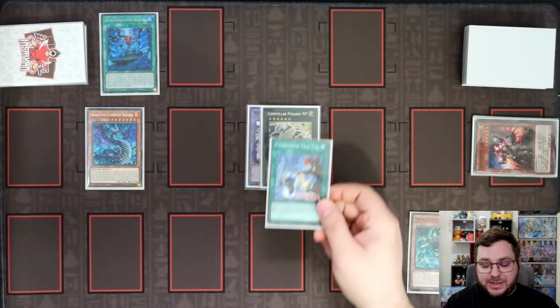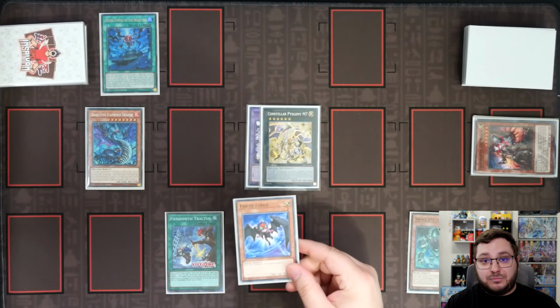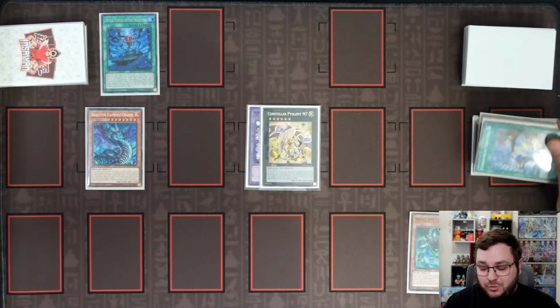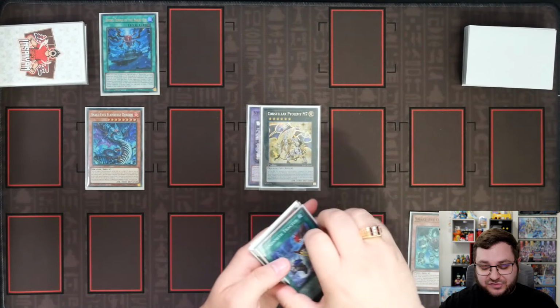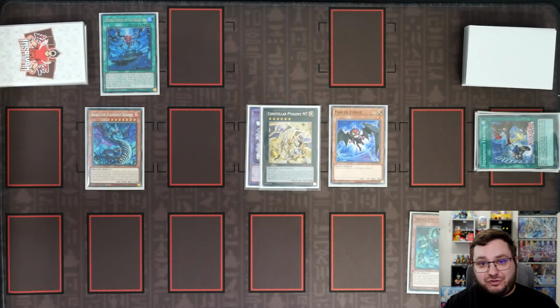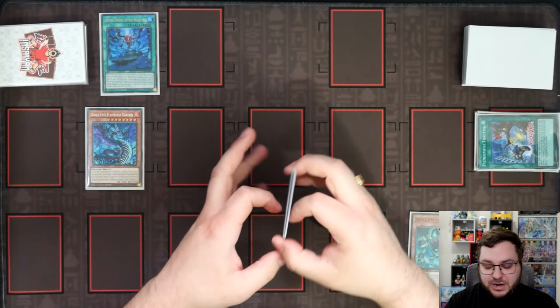This is going to allow us to add Tract, which we can then activate to add our copy of Fabled Lurry. We then have to discard, so we will discard the Fabled Lurry. That of course activates the Fabled Lurry effect when discarded to go ahead and summon itself, giving us that much needed extra body. Here we can go ahead and using the M7 and the Lurry, we can link them off